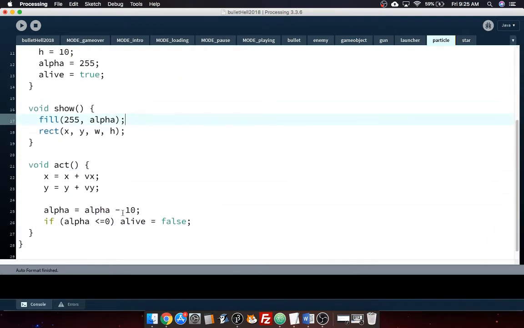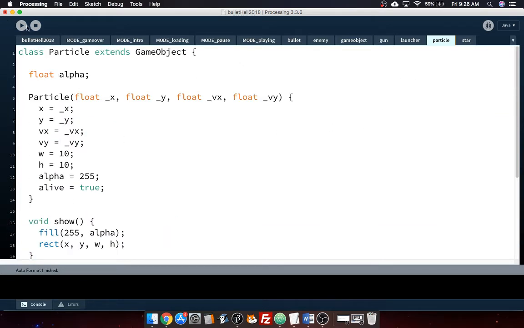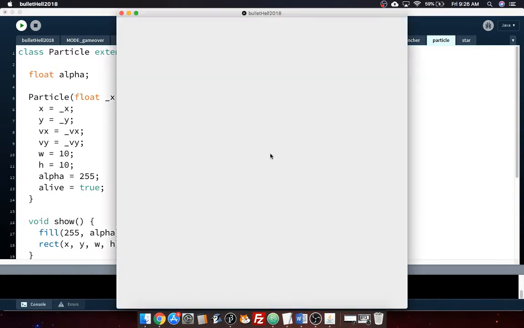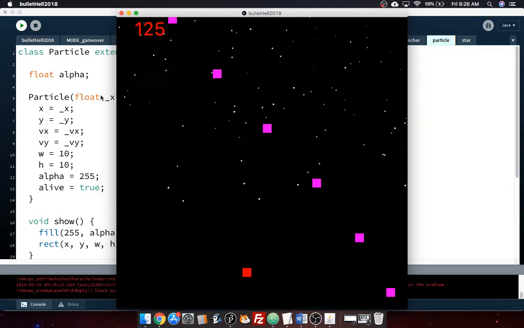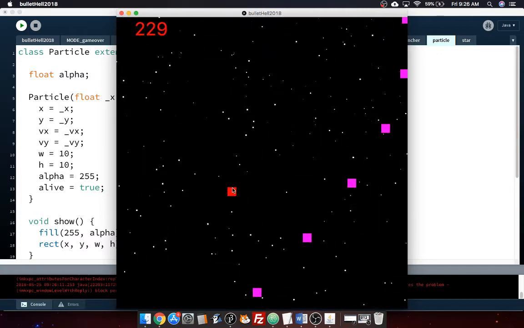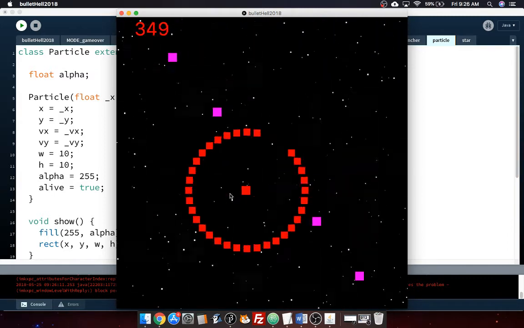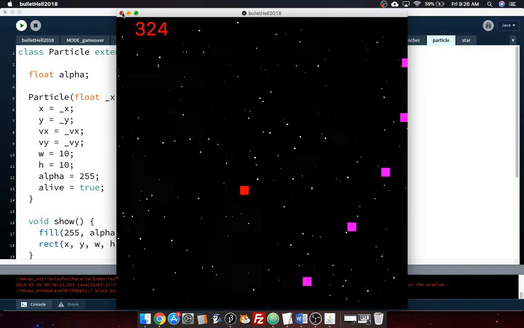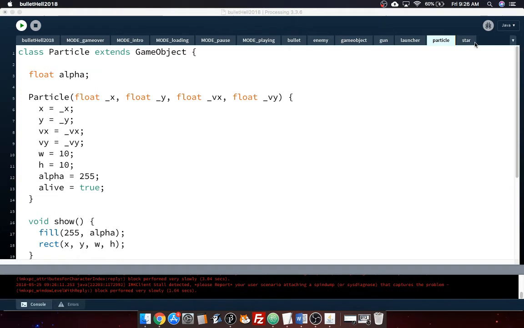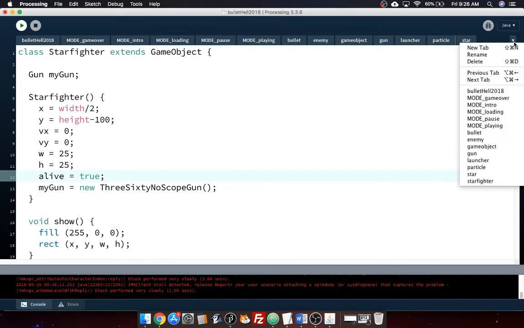And now, well, I guess the magic really is where we add the particle in our game. So for example, if we wanted to have a bit of fire coming out of our engines, then we can make that happen. If we want a burst of fire coming out as we fly around, that would be a pretty fun thing to add in. So what we'll do is we'll go to our spaceship, our starfighter,